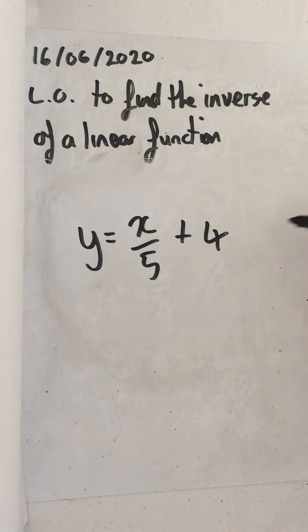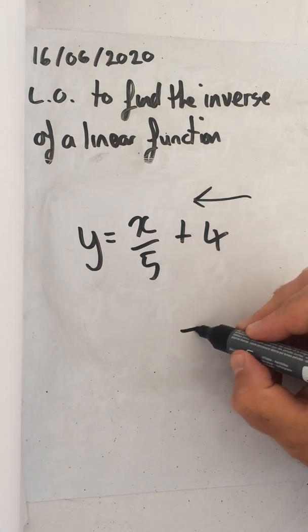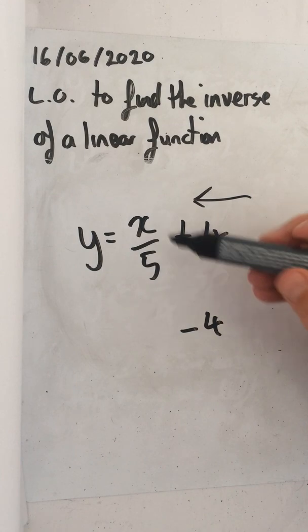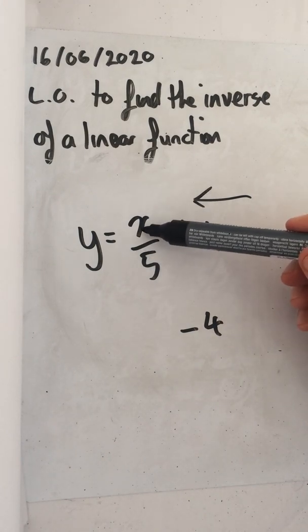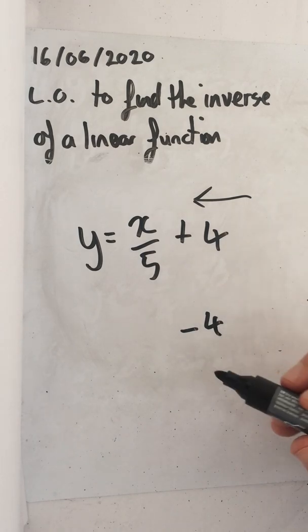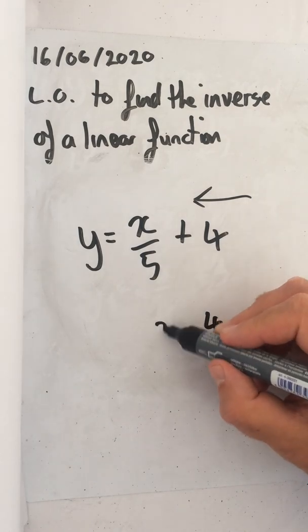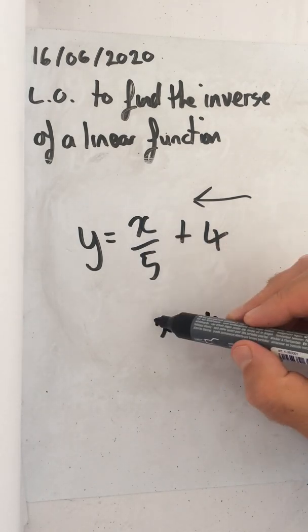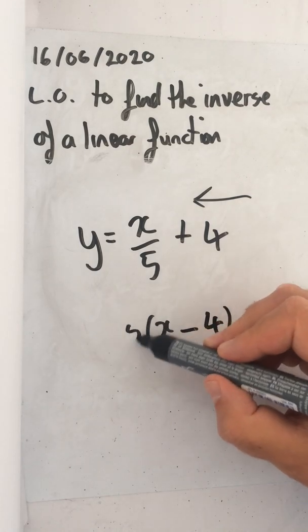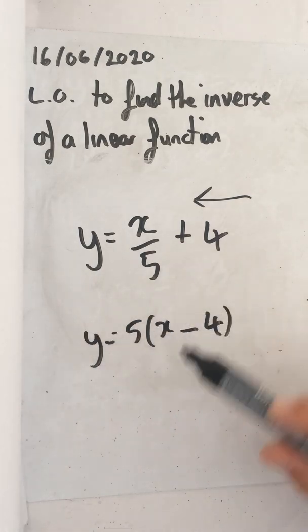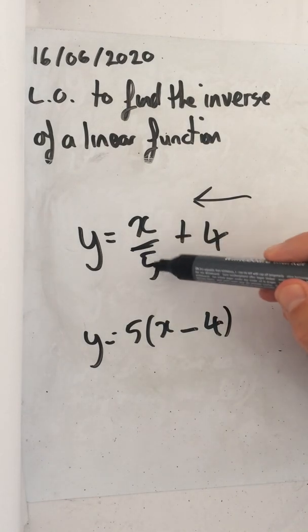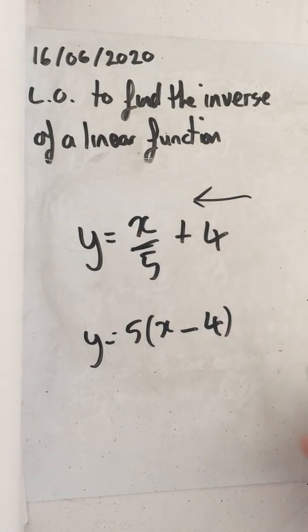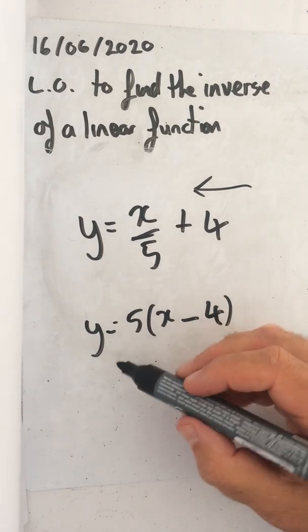So again, remember, we're working in the opposite direction because we're doing the inverse. So this becomes a -4. Now remember last time when we did the ones with the brackets. In this case we actually have to put the brackets back in, so it becomes y equals 5(x minus 4). So with these, when you're only dividing by the one number, you put the bracket in. Now that is different to